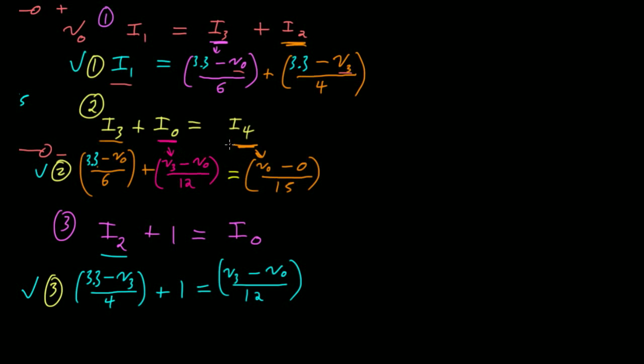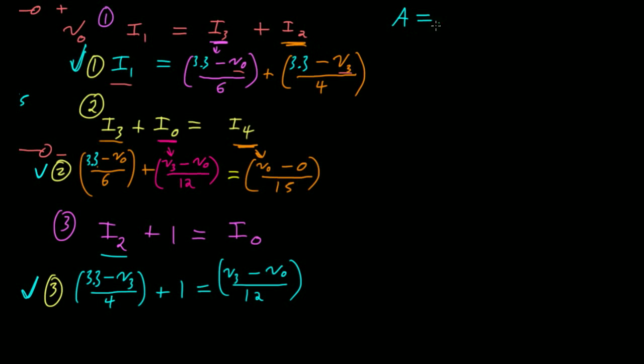In order to do that, though, I want to get each of these equations that I've got, so I've got 3 equations and 3 unknowns, this one right here, this one right here, and this one right here, into this particular form. I want to get those equations into the form of some constant A